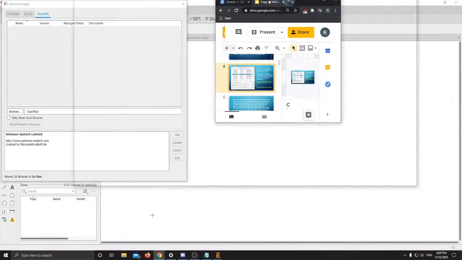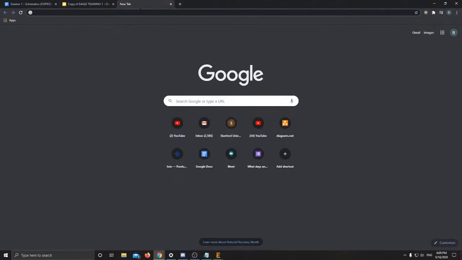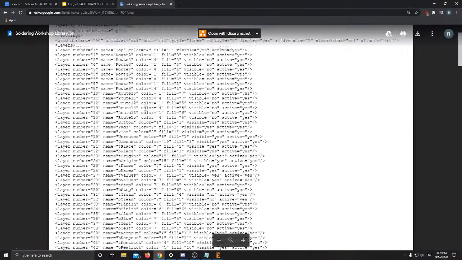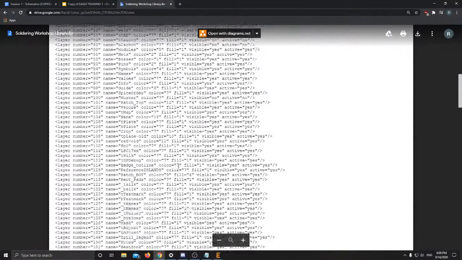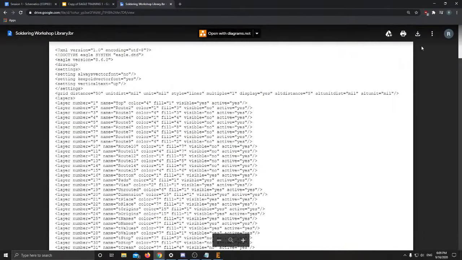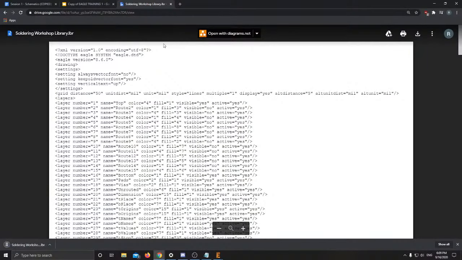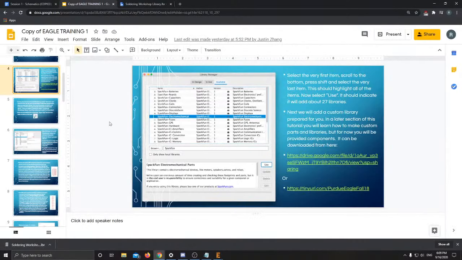So we will go ahead and open up Google Chrome, new tab, paste the link. And then you should get this. It looks like garbage, but it makes sense when we put it in Eagle. So go ahead and download that. And once that is downloaded,